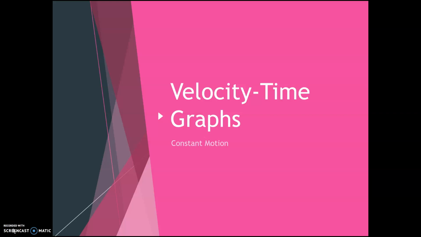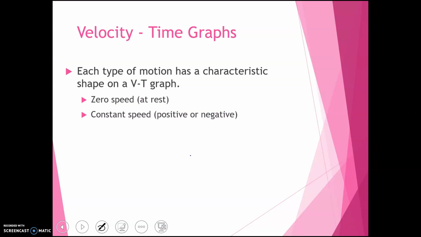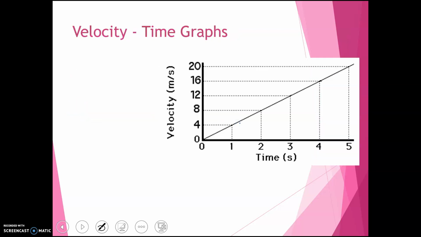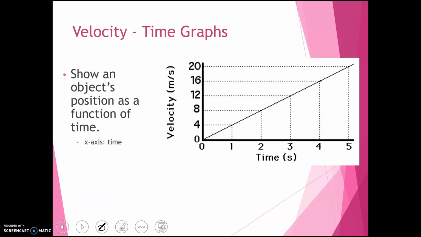In this video, we're going to be looking at constant motion as we plot it on a velocity versus time graph. So on these velocity versus time graphs, each type of motion has a characteristic shape on the graph. So the different shapes could be representing zero speed or a constant speed, and that constant speed could be positive or negative. So on these graphs, you'll set them up just like this, where you'll have on the x-axis time,